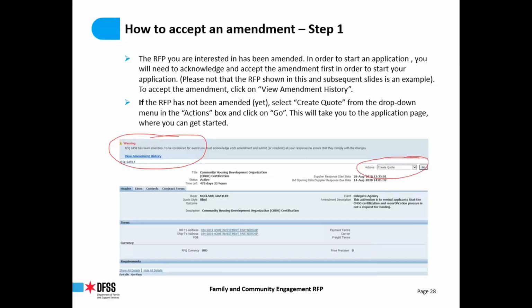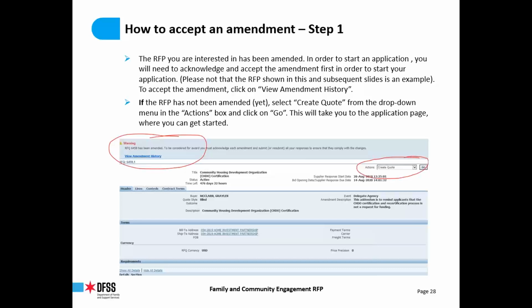Now there are going to be a couple of different screens that you have to walk through. Basically, we issue an amendment, and in e-procurement, what you have to walk through is demonstrating that you are aware of the amendment, you are aware of the content of the amendment, and that you accept responsibility for the changes or the clarifications in the amendment document. So it's fairly important that you should at least glance at what's in the amendment. I provide a little one-sentence synopsis of the content, but if you really are looking for the nitty-gritty,